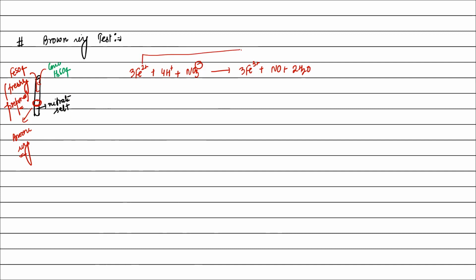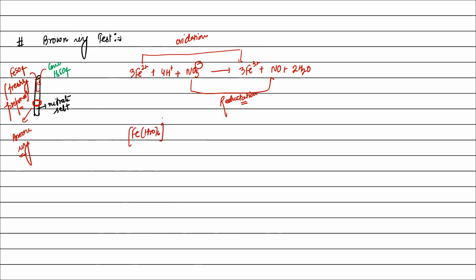There is the oxidation of iron, and the reduction of nitrate, that is nitrogen. It means nitrate is the oxidizing agent, and iron 2 plus is the reducing agent. Right? Now this NO+ will react with